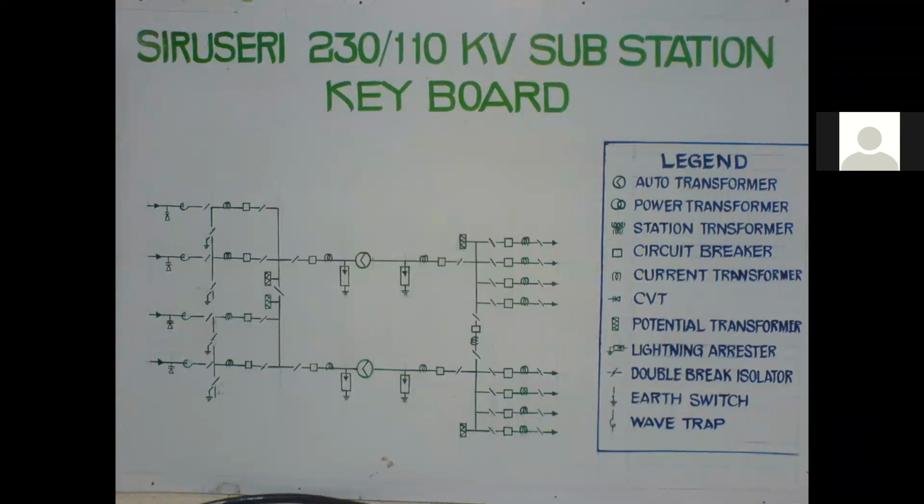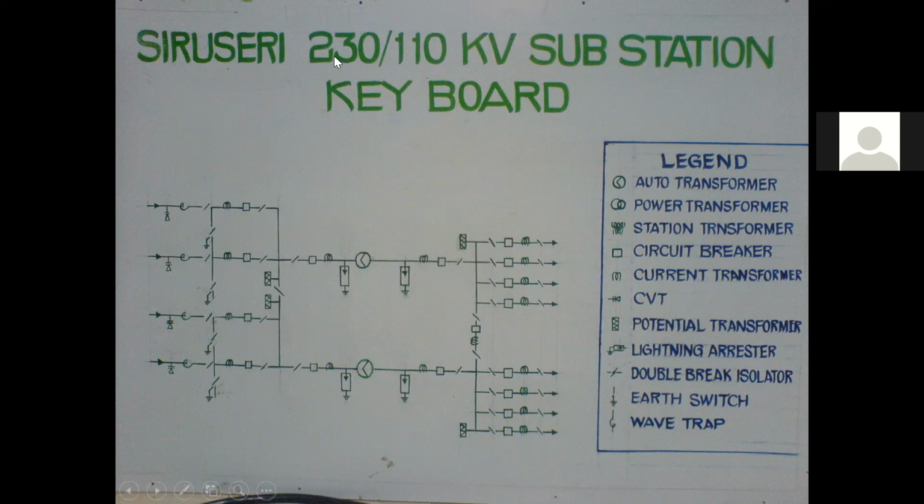So in university syllabus, maybe these symbols would be different depending on the university, or even in industries, the symbols may be different depending on the standard which we follow. Somebody says IEEE standard, somebody says ANSI, somebody says IEC standard. So that's why in all industries, everywhere, you will always have the legend. So this can always be verified from the legend available next to the single line diagram.